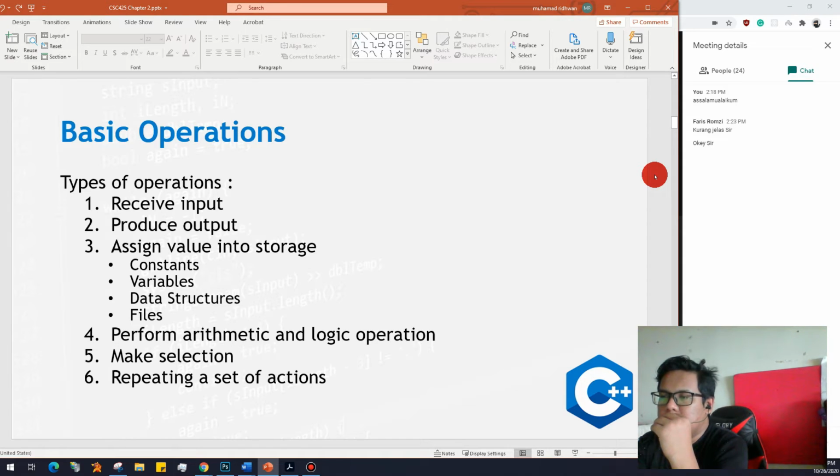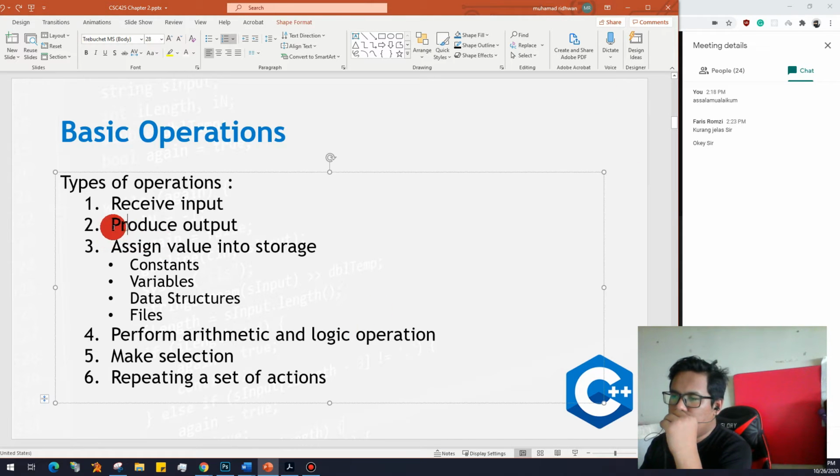Okay, so in this chapter, you need to know that we have some basic operations, which is receive input and produce output, like in our previous lab. In the first lab, we already did display hello world. So that one is the operation produce output. We display the output. So receive input, like for example when we try to add the numbers,